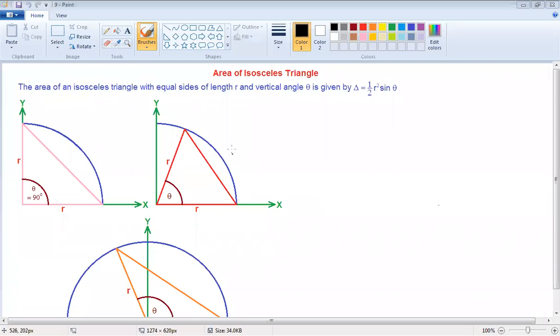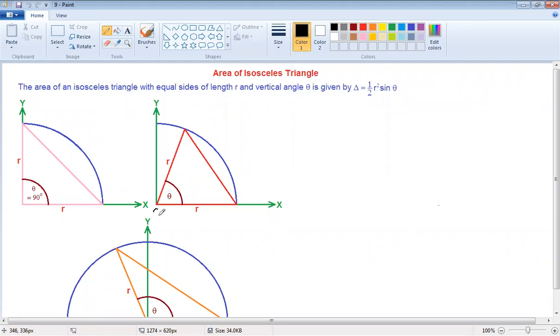So today we are going to study the area of an isosceles triangle. In yesterday's problems, we were discussing the vertical angle of an isosceles triangle. So the vertical angle of an isosceles triangle, as shown in this figure, here this side, suppose we name it as O,